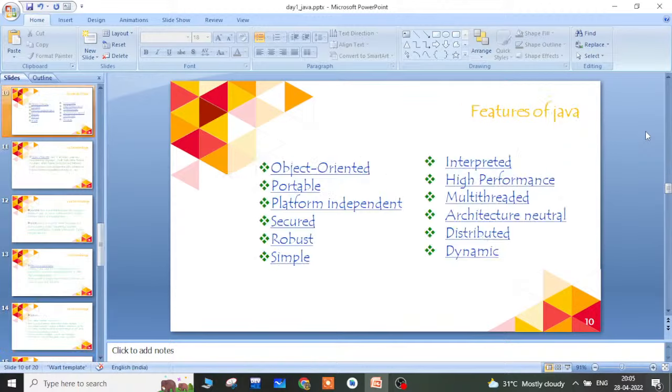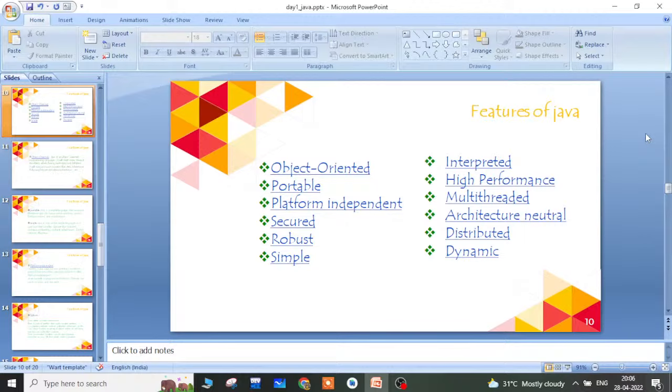So we'll move on to the next topic, that is features of Java. What are the different features we have for Java programming? We'll discuss in brief each and every feature which makes Java programming very important. Nowadays you can see many technologies implemented using Java concepts. You can take any new technology, and it is going to use the concepts of the Java programming language as a basis.